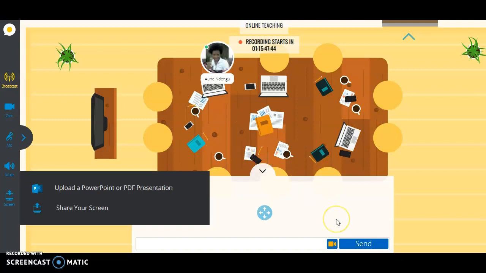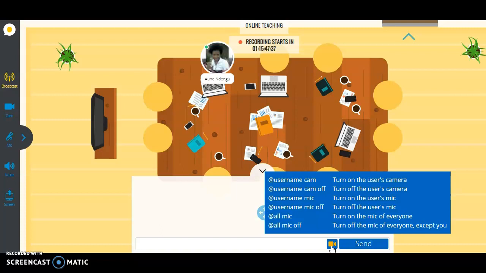And then here at the chat box, you have video. If you click on that, it will give you options of, you want to turn on the user camera or turn off the user camera. It's all up to you. Turn on the mic for everybody. You have so much option. Whatever, it's up to you what you want to do. And so yeah, that's basically it with